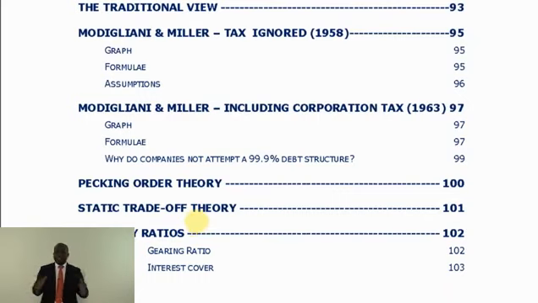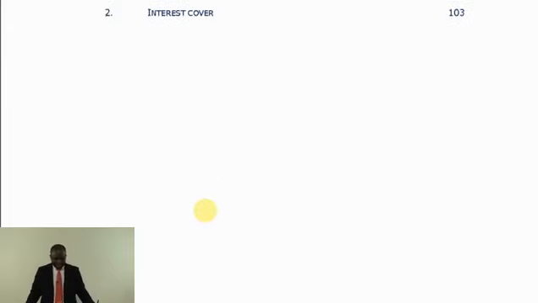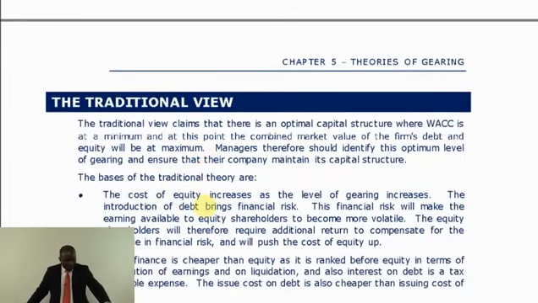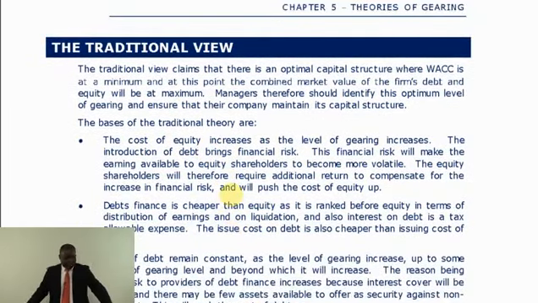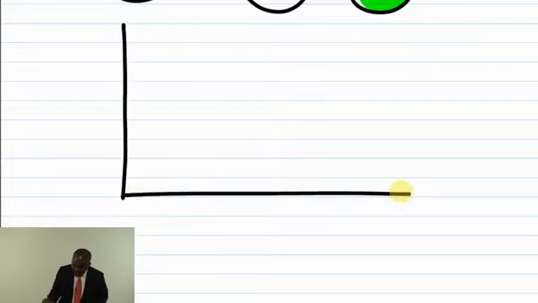The moment our capital structure changes, either to all equity or to debt and equity, our risk profile has changed and our cost of capital will also change. The moment our cost of capital changes, the present value of the cash flows will also change, which measures the value of the company. Therefore, let's look at those theories that explain the relationship between the gearing or capital structure and the WACC. The first theory we should think of here is what is called the traditional theory, and this is the traditional argument.